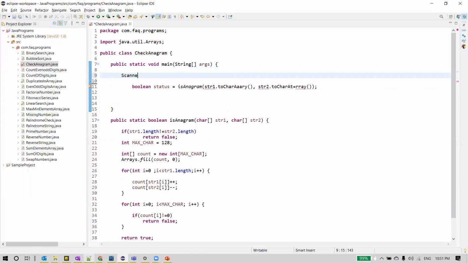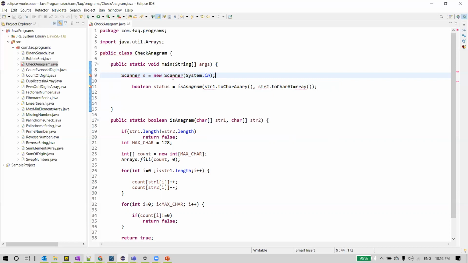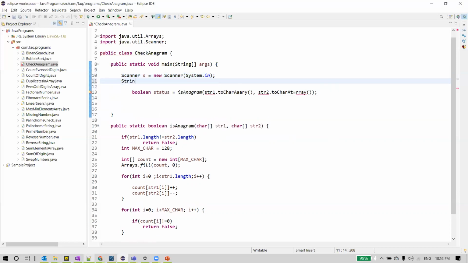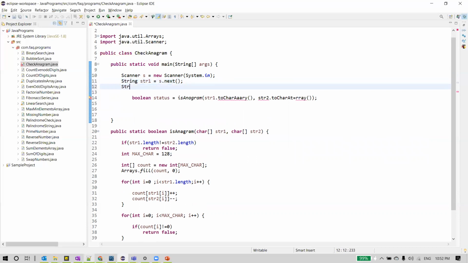So let's have some Scanner object to read two strings. For that, I'll use System.in, import this Scanner class from java.util, and we'll say s.next. We wanted another string for comparison, for matching, so we'll read another string.